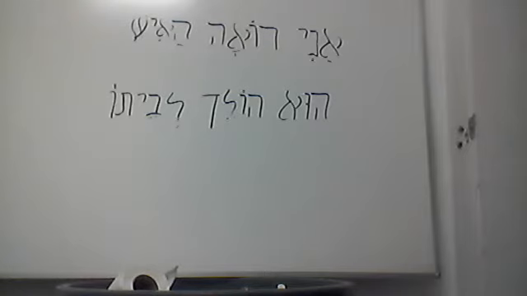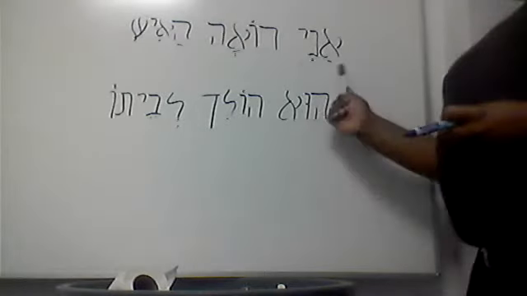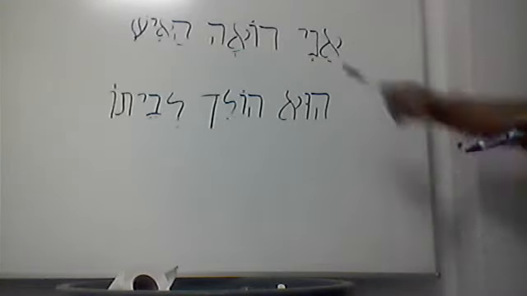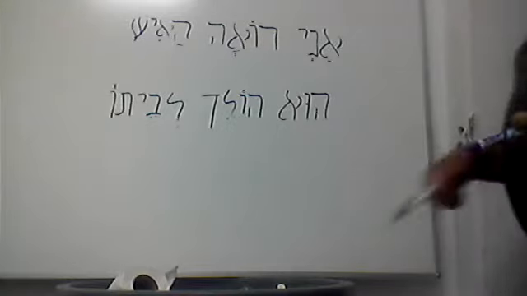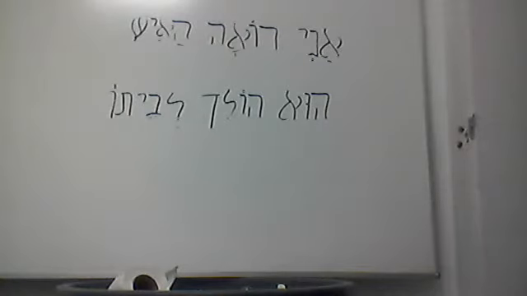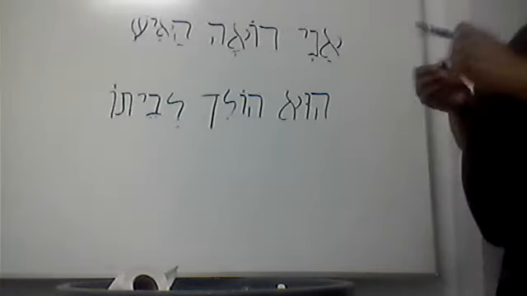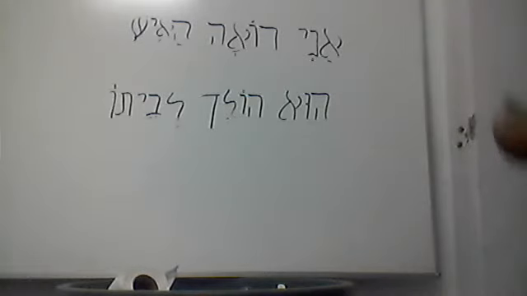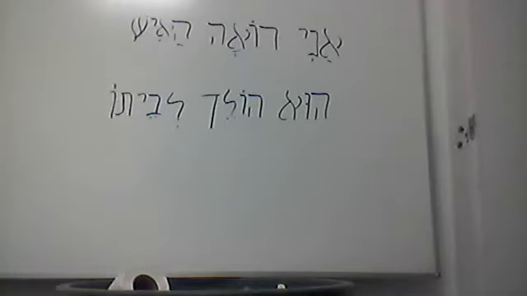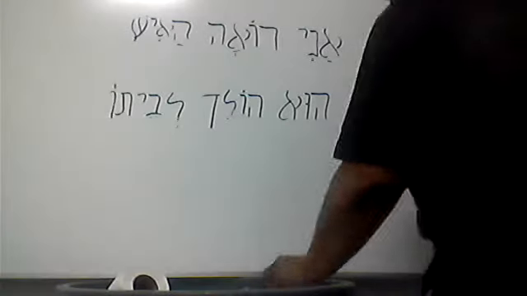So had it been boy, ani ro'ah hana'ar, all right? Or had this been ro'eh, it would have been masculine singular, said as ani ro'eh ha'ish. Still everything else remains the same. All right? So this is something we just want to go over and show, brothers and sisters, for edification purposes. So let's change it up with the third person, if we will. Let's move on, brothers and sisters.